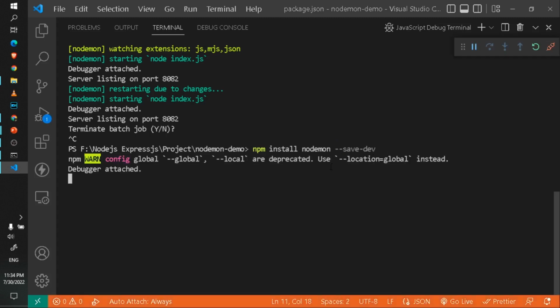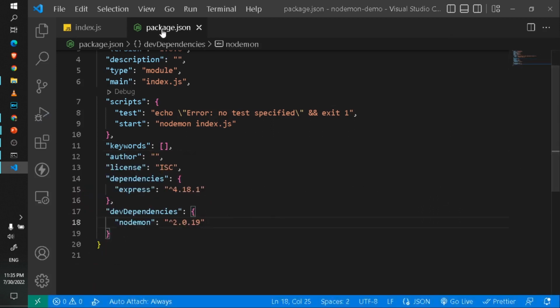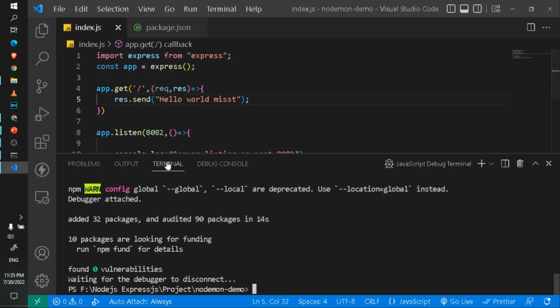So I hit enter, and after a few seconds, when it completes, I'll check the package.json file here, and I've got the dev dependencies like nodemon, and I can use it over here. It is already used. So this is nodemon, and also now I'll run the server,